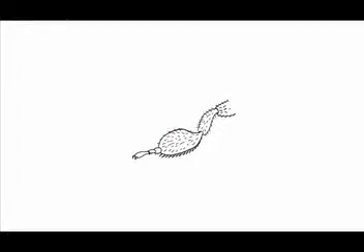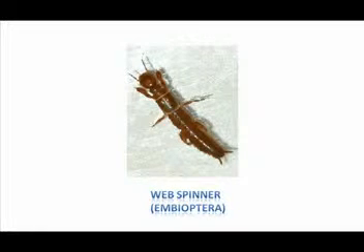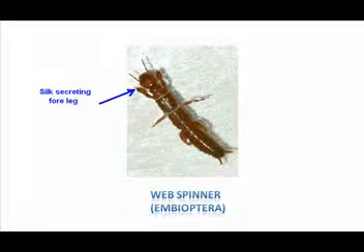Silk secreting leg. In silk secreting leg, the pachytarsus is greatly inflated by the presence of silk gland, which produces silk. The liquid silk comes out of the silk ejectors. These silk ejectors are located on the ventral surface of the pachytarsus. In web spinners, forelegs are silk secreting.